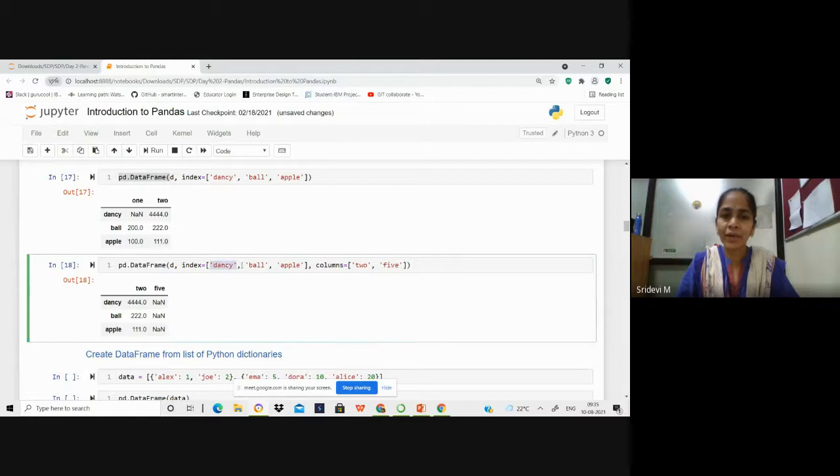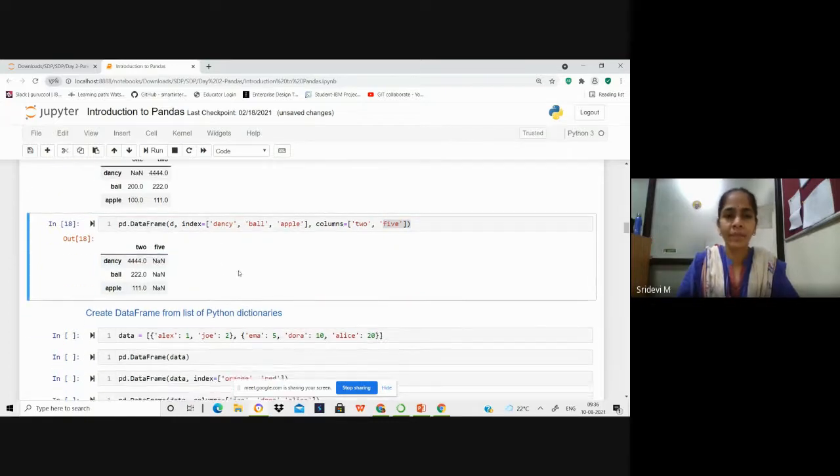We are extracting values for rows Dancy, ball, and apple, and column 2 is taken, but we don't have column 5. So when we try to extract something with the name column 5, a new column named 5 is created, but it doesn't have any corresponding data values, so the values will be filled with NaN, not a number. In the next session, we'll see how to create data frames from a list of Python dictionaries.